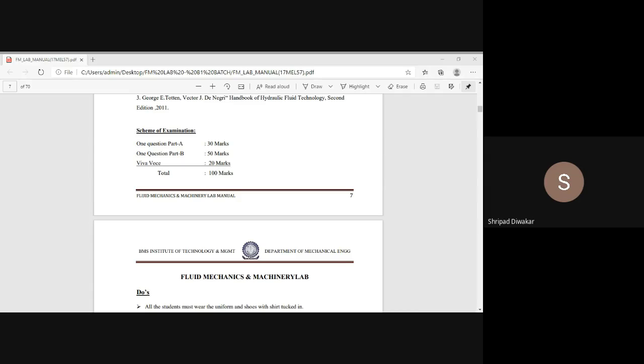Okay. Now today I'll start one individual experiment. Okay, what experiment you are going to carry out in the lab? So that we'll start one by one. So today I'll start with determination of coefficient of discharge through your orifice meter, because already you studied orifice meter and venturi meter in the fourth semester fluid mechanics. Hence, it will be easy to understand the experiment, how to carry out the experiment.